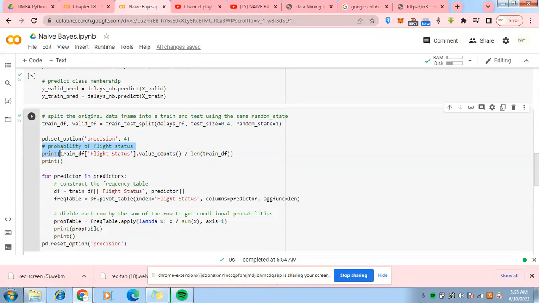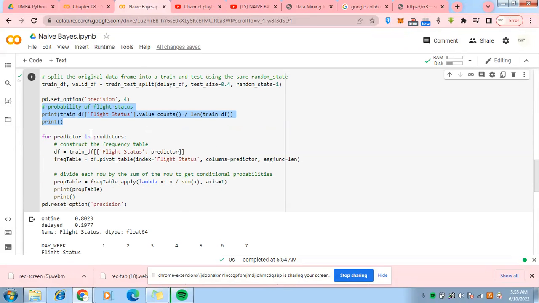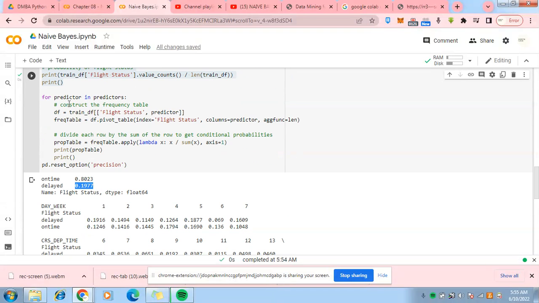Then we print now the probabilities of each flight status. So here, the result is that for on time, the probability is 0.8023. And for the delayed, the probability is 0.1977. Next, we have